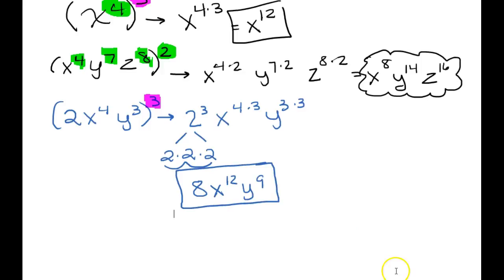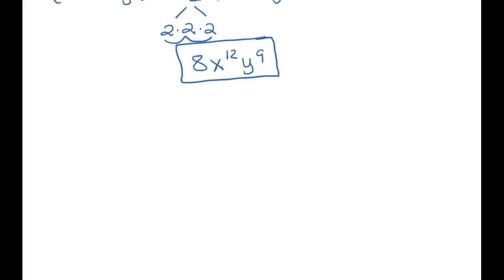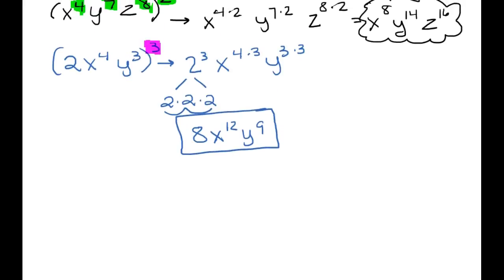Don't forget we have to distribute, we have to share with everyone. That's kind of how this works. I know it's not everyone's cup of tea, but when we do this, this is how this works. Sometimes though, we'll have some ones that look really, really horribly mean, and they're really not. So if I had 4x to the 3rd, y to the 6th, I know I'm using a whole bunch of x's and y's,